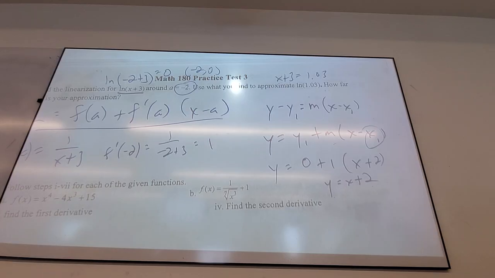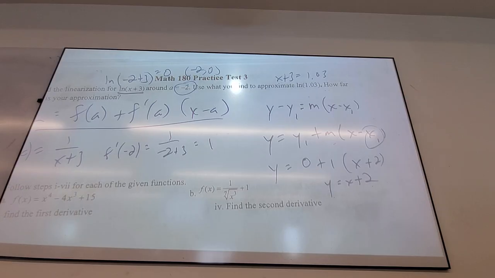Finding your equation tangent. That is the tangent line. No, this is the tangent line at the point negative 2. It totally is. But this guy's job is to give me answers that are close to what the original function would have given me. Yes? X plus 2 will give me answers that are really close to what natural log of x plus 3 would have given me, as long as my inputs are close to negative 2.